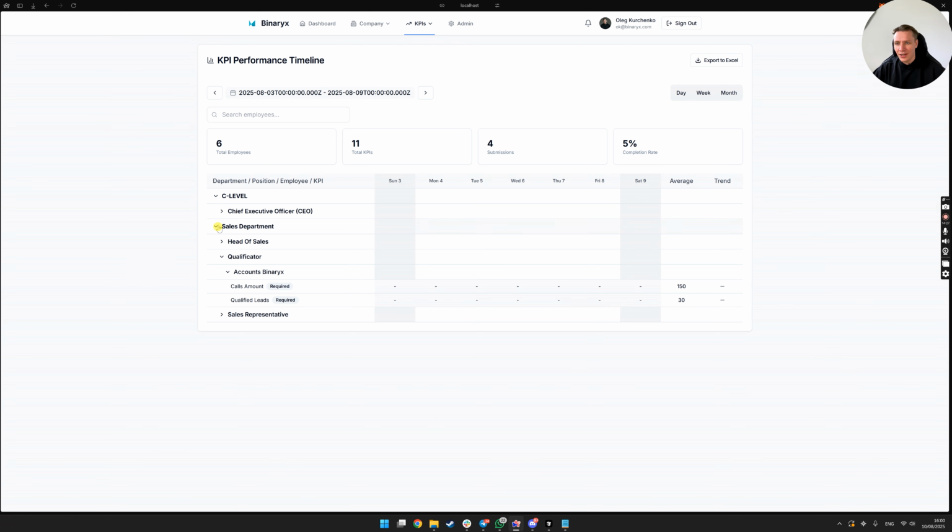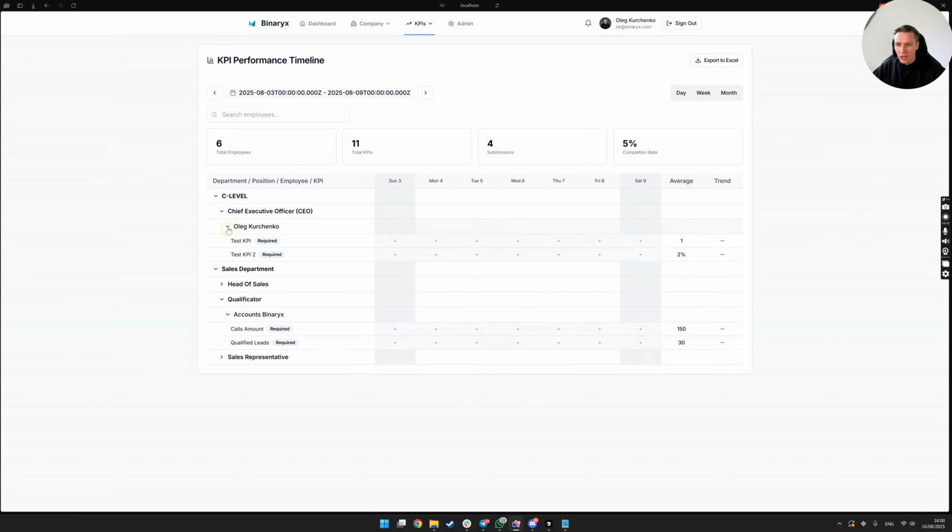What we can see here is a spreadsheet-like table where we can check all information about what kind of positions we have, what kind of departments we have, and all information about employees in the departments. Here are test KPIs and the different testing data that I prepared before, and I can see really precisely how it's working, all on one simple page that we just created a couple of minutes ago.